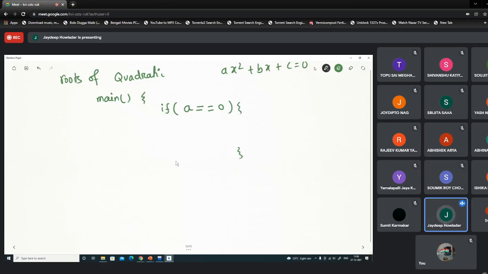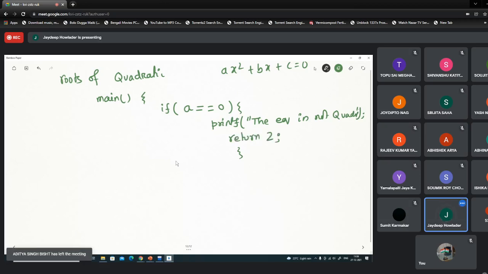So I can return, with printf, that the equation is not quadratic. Clear? And instead of returning a 0, I can return, say, 2.